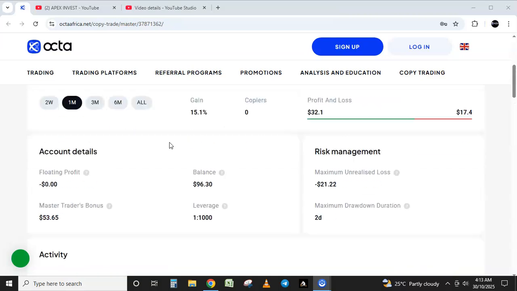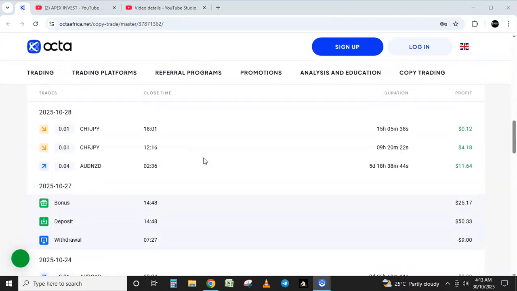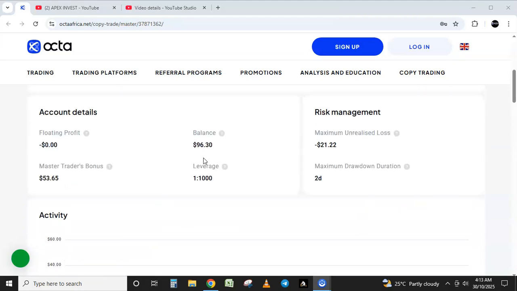Don't look at the dollar amount, because once your account is up to $1,000, the amount will differ in your account. This was the least amount we could have used to trade at the time, but now it is set up for $1,000. So this is it for the month.